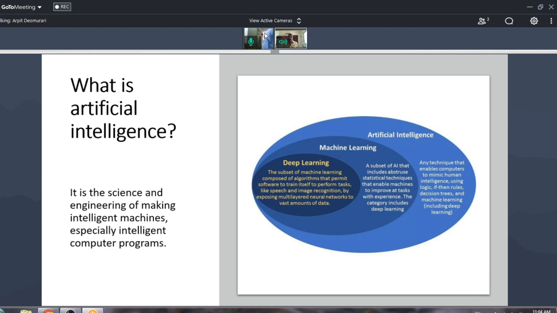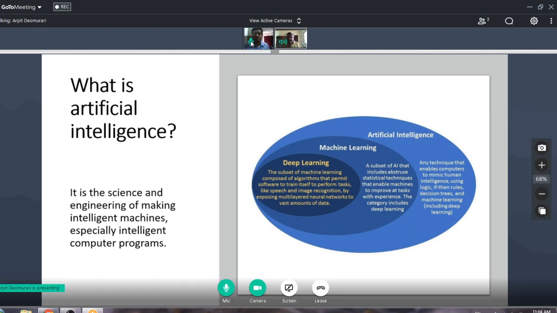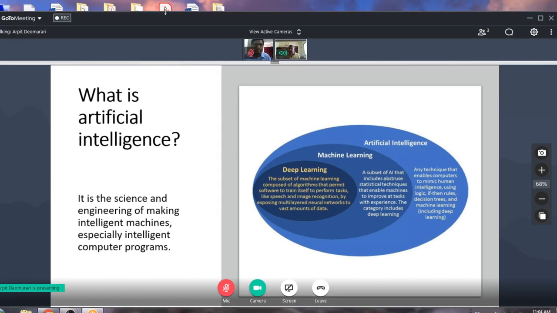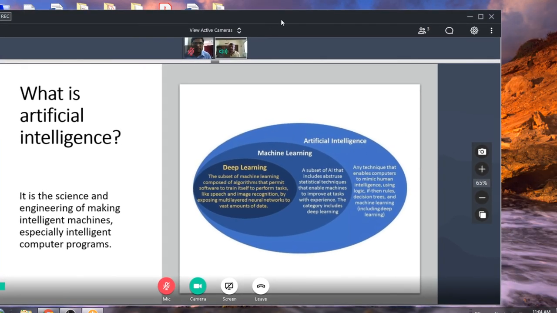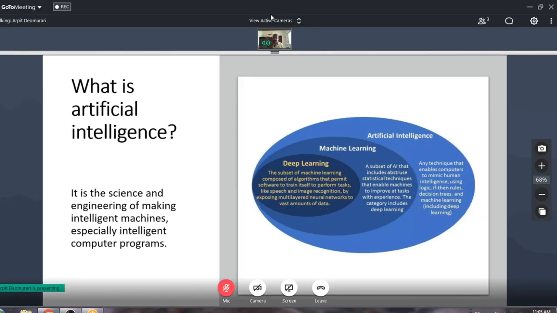When we say artificial intelligence, as the name suggests, it's about how machines work with that, or how you develop those kinds of machines. Here, the machine is normally taken not as hardware, but as the software brain behind it.